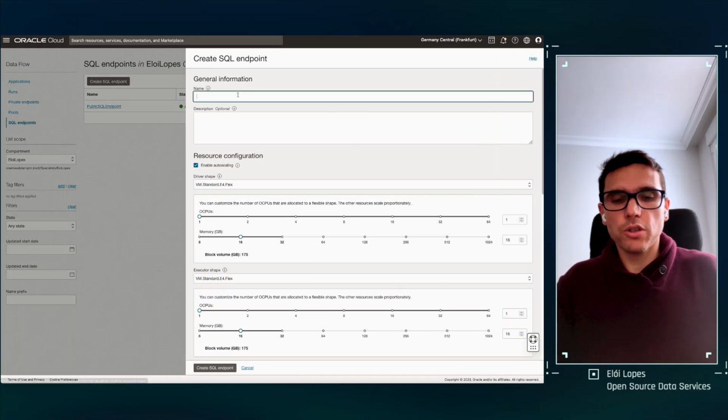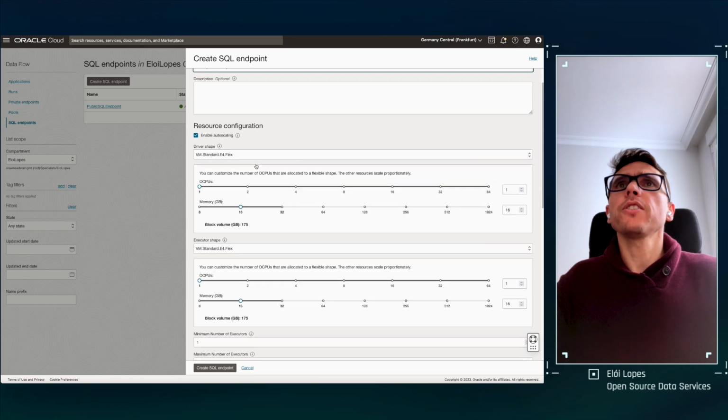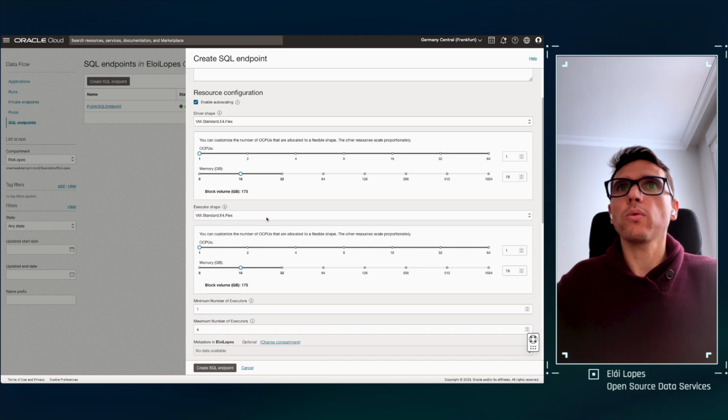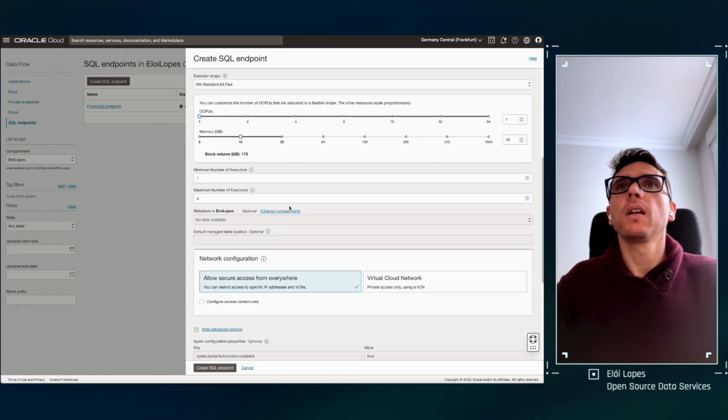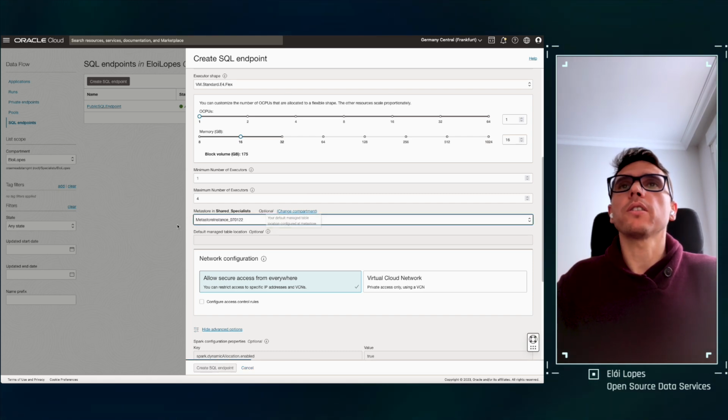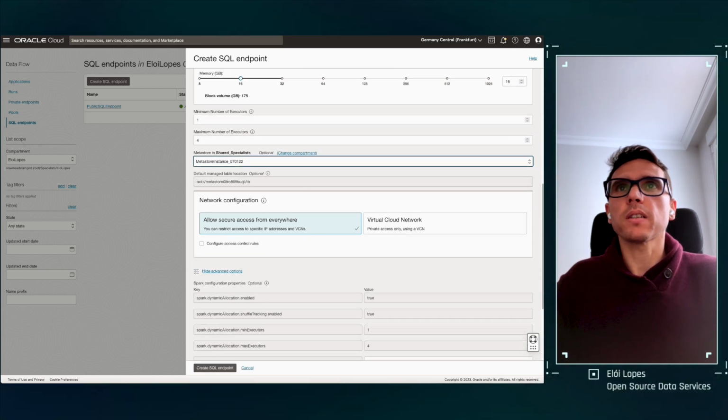Now here you just need to give a name, for example SQL endpoint. Here is the configuration for the virtual machine. You can configure according with your requirements. I'm just going to skip it. And now here is quite important, the metastore. Since right now we just have one metastore per tenancy, I'm using one that is in a different compartment. So I need to select it, and now you see here, this is the table location, and here the